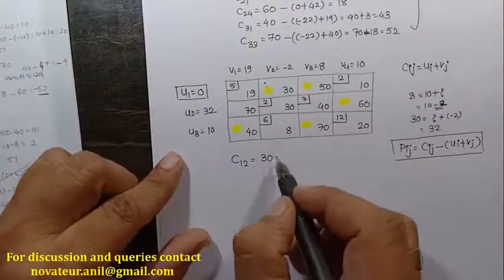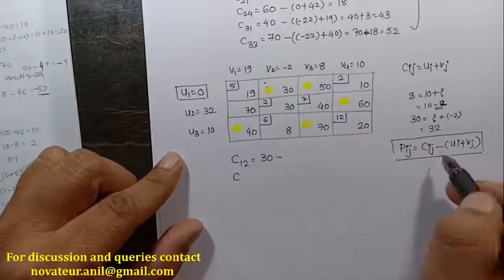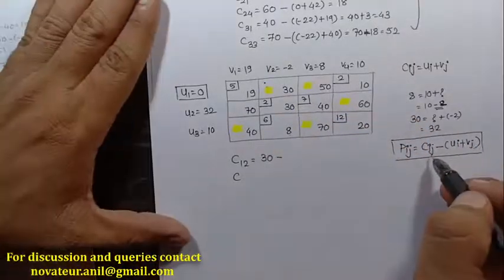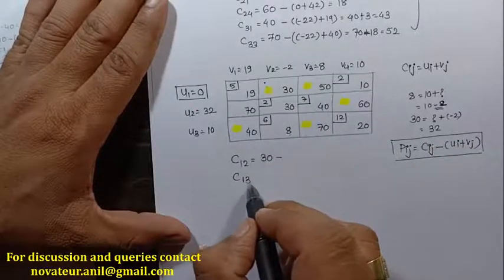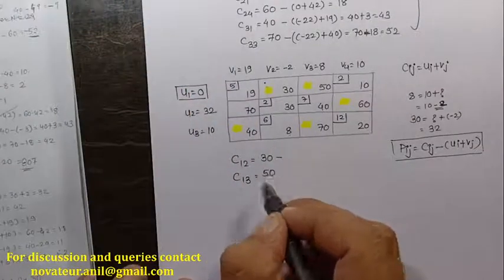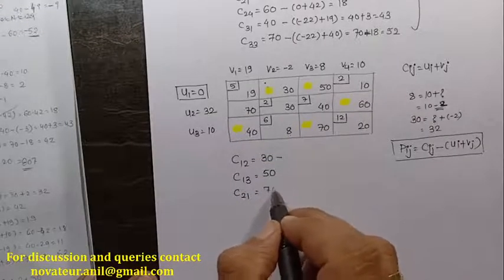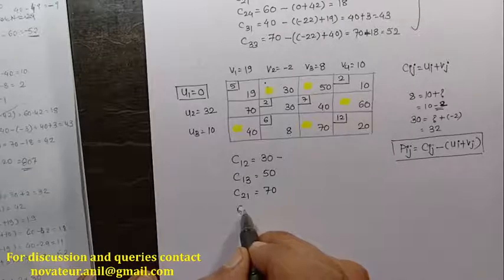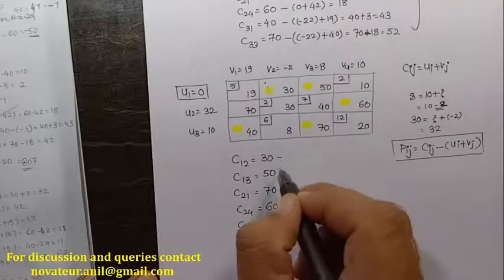So that is 30 minus C. I'm going to, this is for the understanding. So you just write down the Cij value. Later on you can do the same kind of operation. C13 is nothing but 50, C21 is equal to 70, C24 is equal to 60, C31 is equal to 40, and then C33 is equal to 70. So now I'll perform that